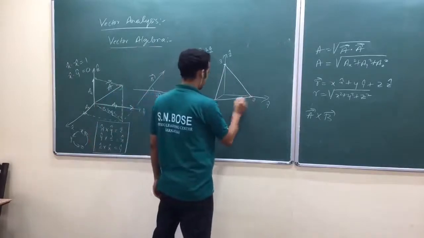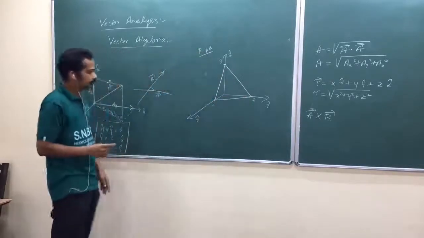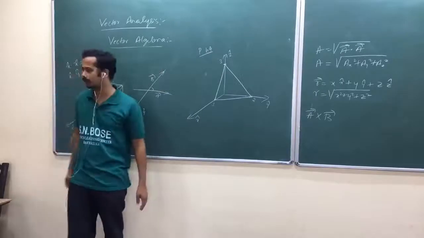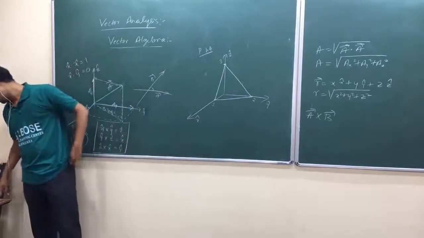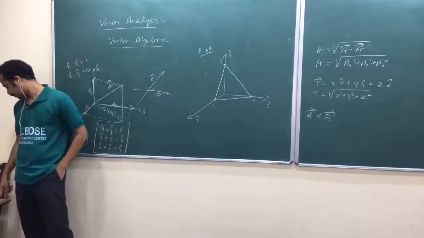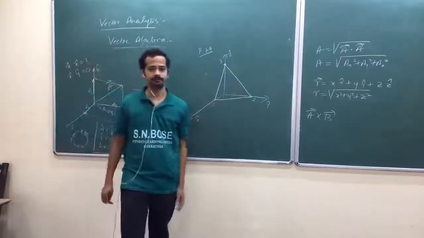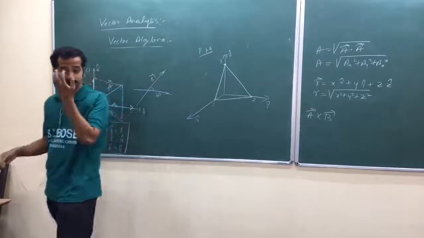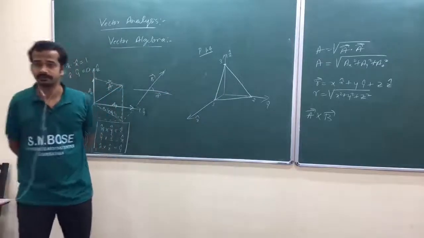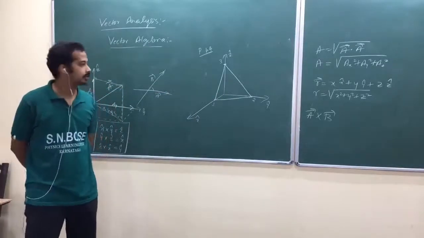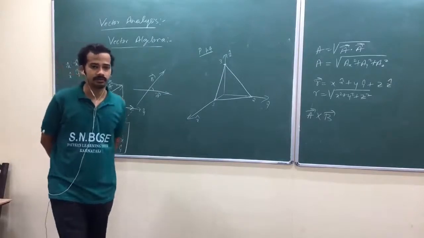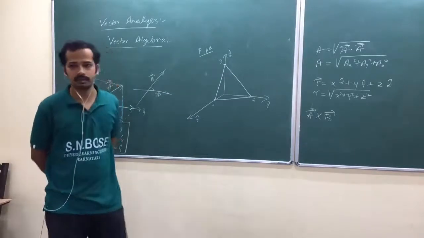The x-intercept of the plane is 1, y-intercept is 2, z-intercept is 3. So that's my plane. Now I need to find a unit vector perpendicular to this plane. And these ideas are needed again in crystallography, before discussing Bragg law and all.